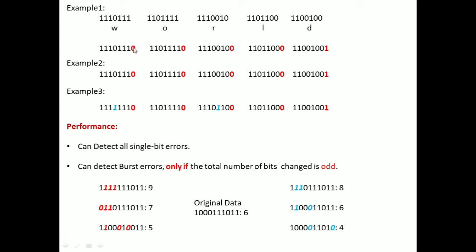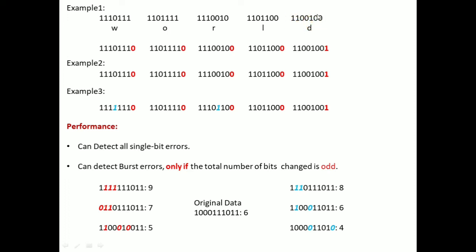So we already have an even number of ones, that is 6, right? For this reason we are appending a 0 bit. Now again count the number of ones here. We again have 6 ones, which is even. So here also how many ones are there? 1, 2, 3, 4, 5, 6. Here also the total number of ones is even, so we are adding an extra bit, the redundant bit or parity bit, 0. Here also the total number of ones is 4, so here we are adding 0. Here also the total number of ones is 4, so adding 0.